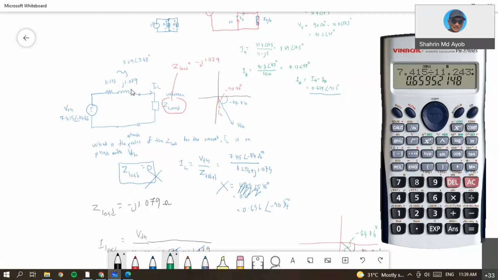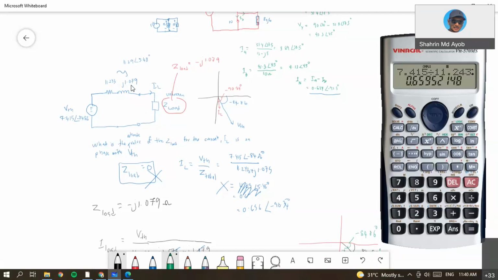So right now, from the circuit that we have simplified, we have the Thevenin voltage and the Thevenin impedance. The Thevenin impedance right now contains resistor and inductor. So in order for the load current to be in phase with the voltage V Thevenin, which is negative 84.86, the only way is actually to